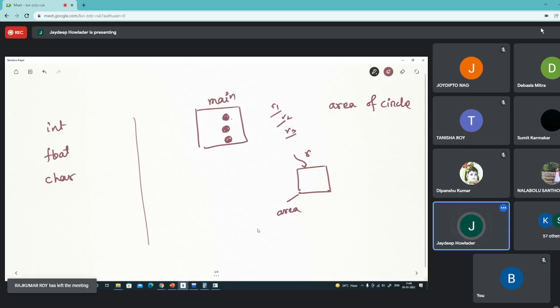So how can we compute the area? It is pi r square. So there will be an area 1 which will be pi into r square. Then there will be an area 2 which I have to write as pi into r2 square. So multiple times I have to write the same sort of code, just like copy and paste. To avoid this multiple writing of the same code, I sometimes write a function, and this function takes argument r and